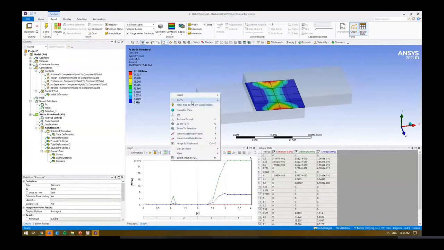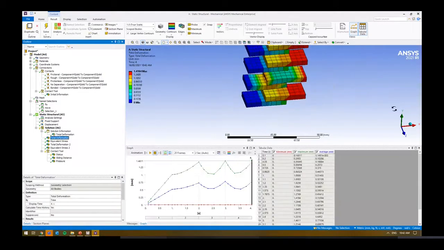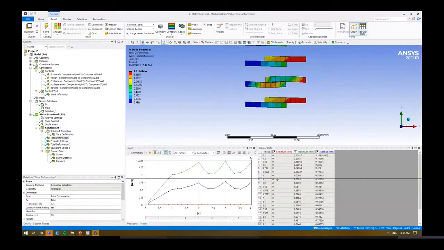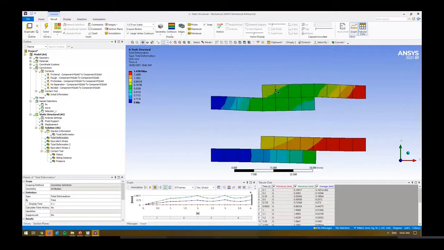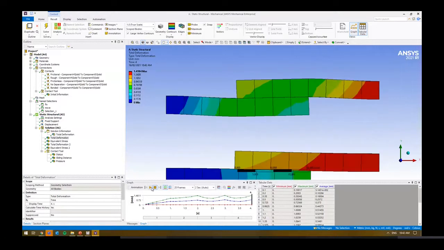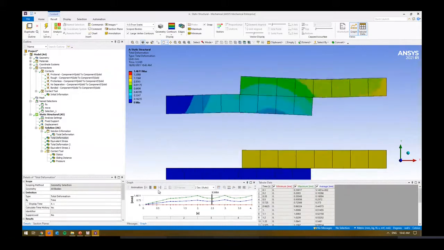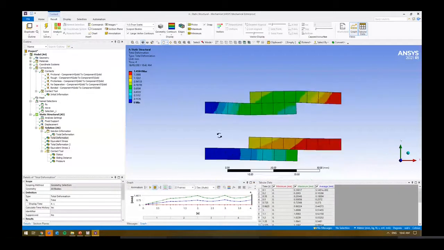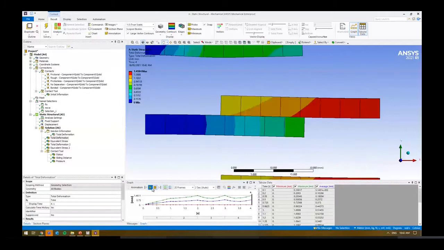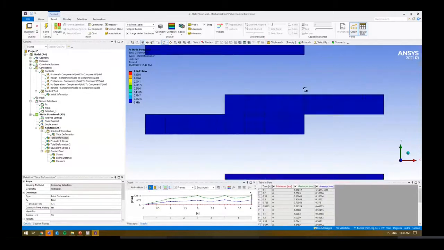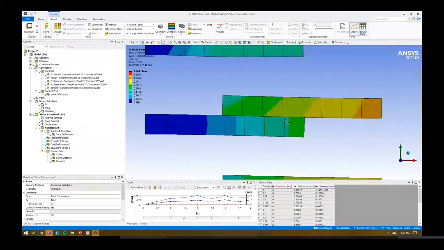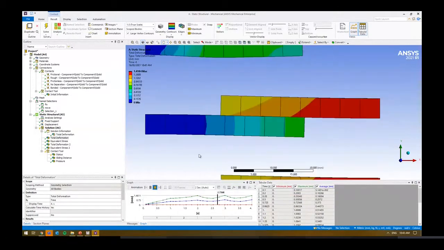Hopefully that gives you a good idea about what you can do there. Afterwards, what I did is I ran them all. Looking at them one by one, we've got a bonded contact at the top. Because it's bonded, everything's almost like it's welded together, so we don't have any separation here whatsoever. Over here, we've got the no separation contact. When it lifts up, it doesn't allow it to separate, so the bottom lifts up with it, but it's able to slide in and out, no problems whatsoever,